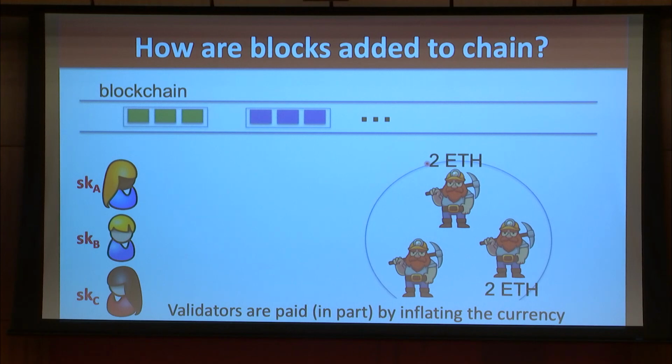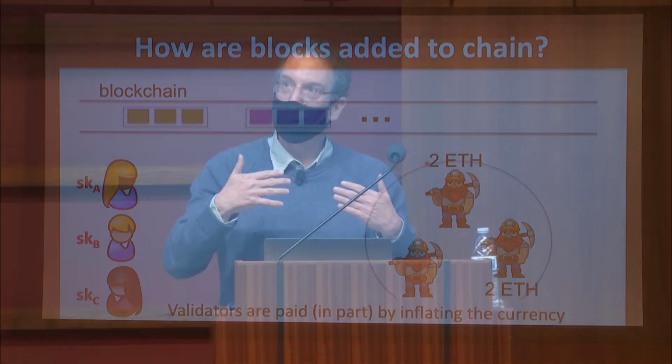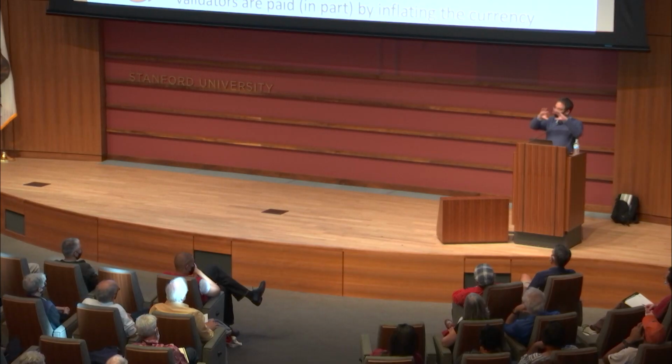What does it mean the number of Bitcoins went up? By a little bit, right? Only by 2 ETH. What does it mean that it went up? It means that each ether is now worth less than it did a minute ago, right? So in some sense, the validators are compensated for their work by taxing the entire blockchain ecosystem, which is very